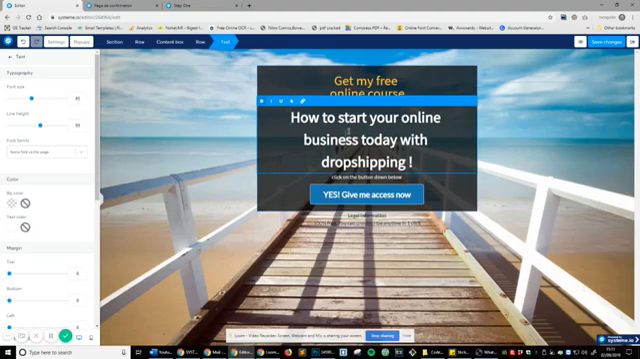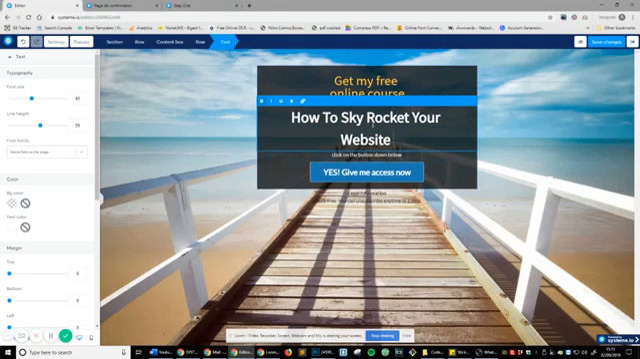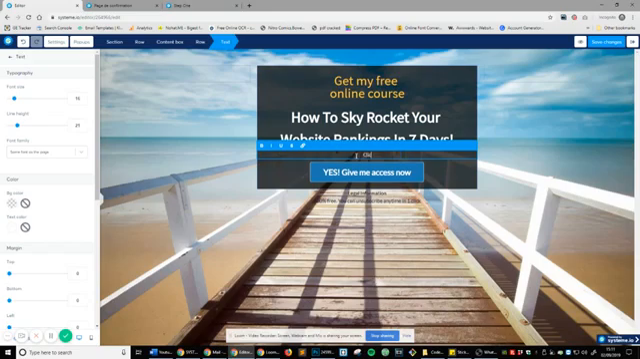Okay, so if we wanted to change text, very simply, we'll just click on where we want to change text, and we're going to do: how to skyrocket your website rankings in, I don't know, let's say 7 days. Okay, and then if I wanted to change this text here, I'd hover over it, double click: the button below to download the free course. Okay,